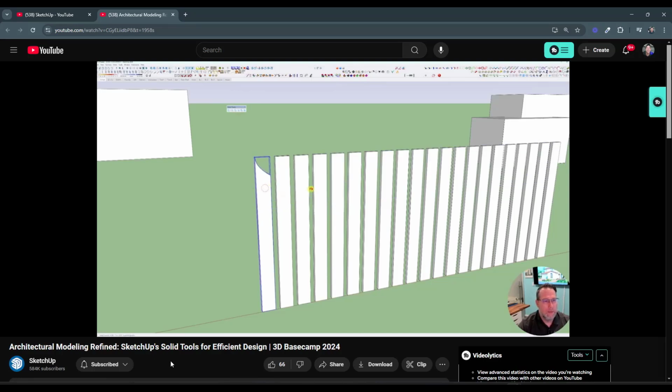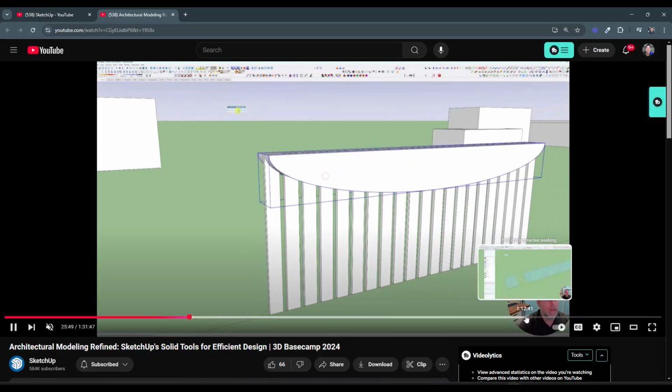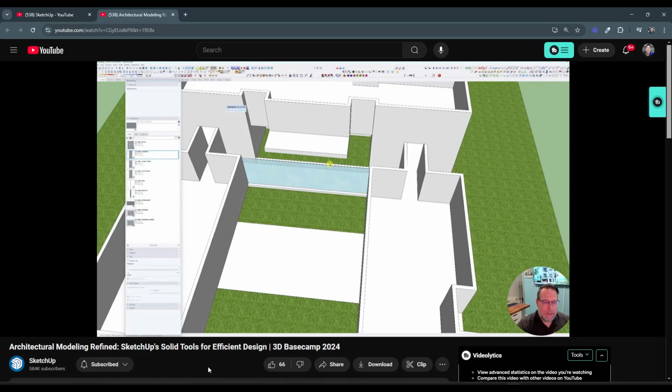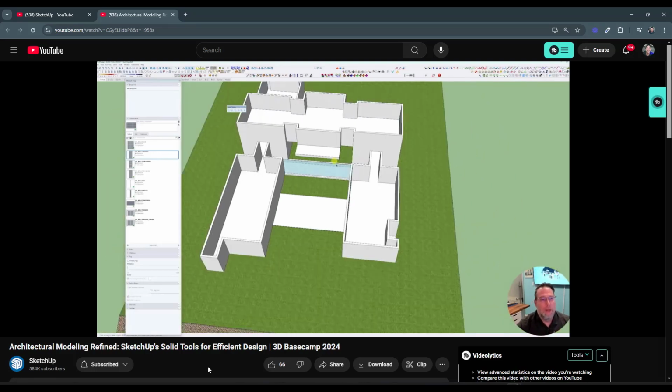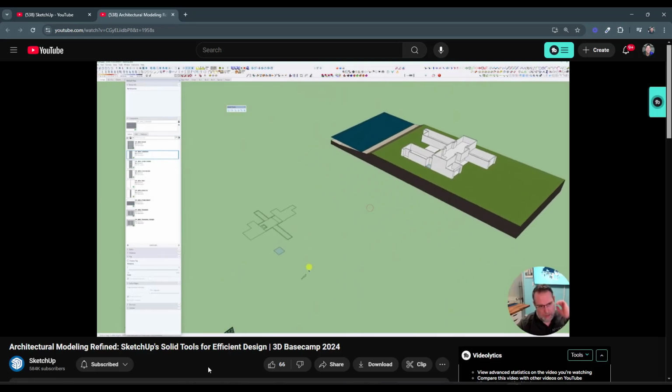So his workflow itself is super interesting to me because of how heavily he's using solid modeling. He's creating his walls and all of his different levels as solids, and then interacting them with different shapes and things like that. I'm not 100% bought into the process for everything, just because it's a little bit hard to wrap your mind around, but it's definitely one of the more big picture, thought-through workflows that I've seen for working with models